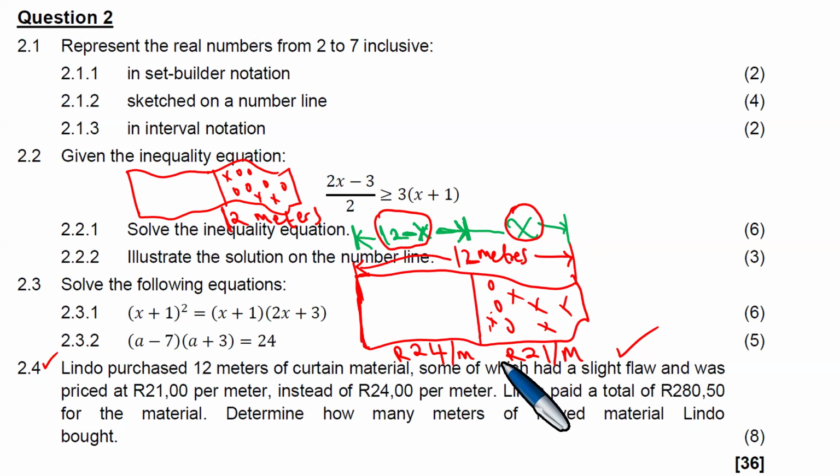So in the end, the perfect part is 24 rand per meter. So now you'd have 24 rand multiplied by 12 minus X, plus